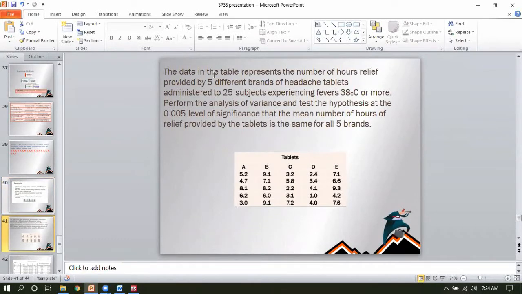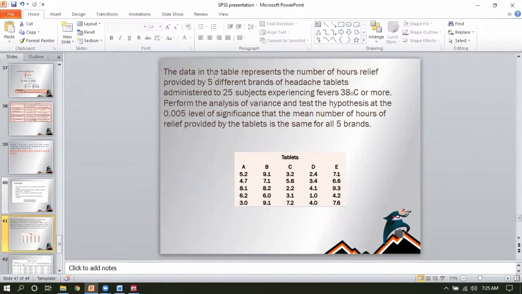We have data from a hospital, a table which represents the number of hours of relief provided by 5 different brands of tablet administered to 25 subjects experiencing a fever of 38 centigrade or more.